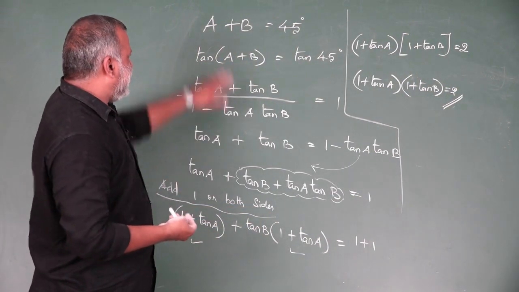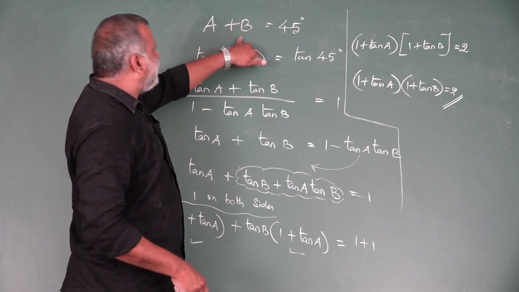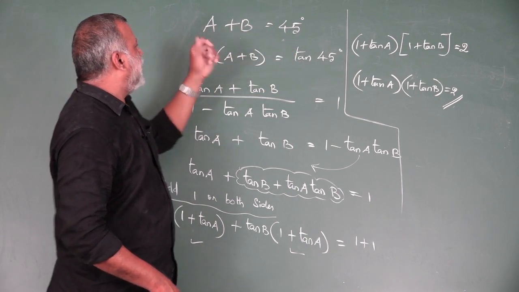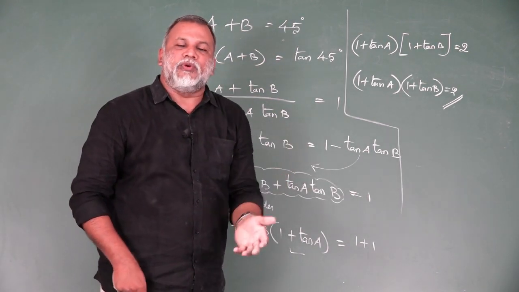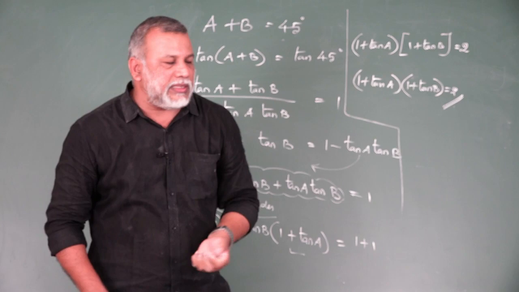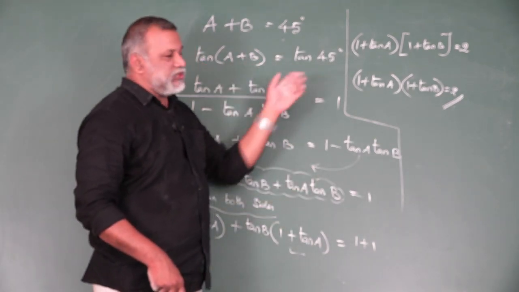Listen once again, the given is a condition. If the condition a plus b equals 45, now take the tan function on both sides. That is the logic; it depends upon your proof. See your proof, the tan is required. Therefore, I am taking tan functions on both sides.